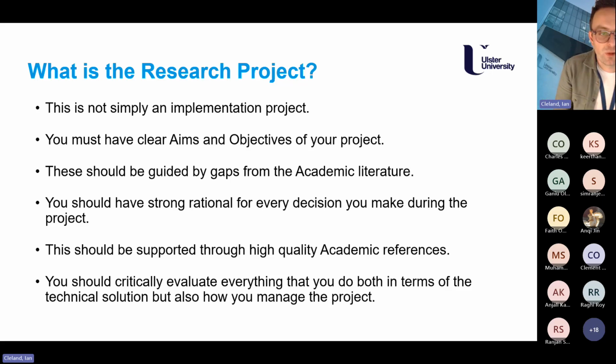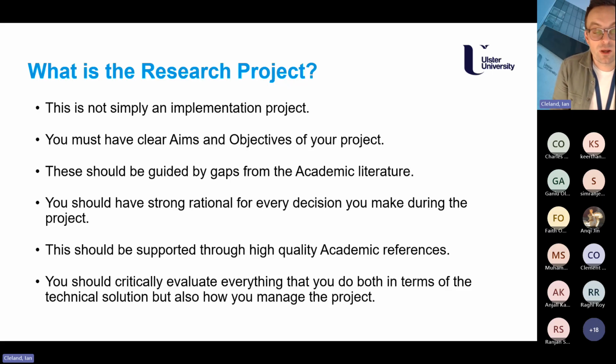You'll notice in the form we have an overview of some problem that you're going to try to address. To address that problem, we set out some clear and measurable aims and objectives. And those aims and objectives are guided by the academic literature. So at this stage, you should be engaging with your supervisor, maybe trying to identify some data sets that you might use generally for the problem you're trying to solve.